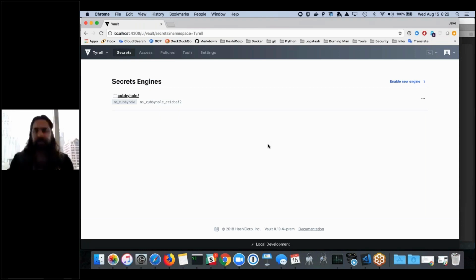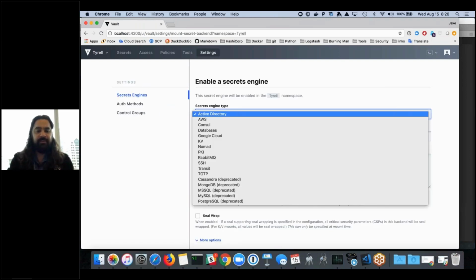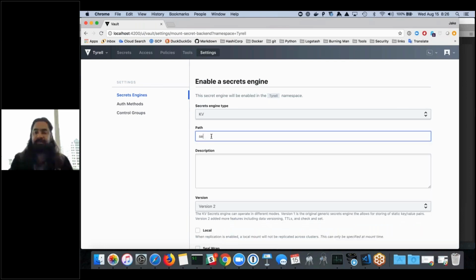Okay, so I'm going to enable this inside of here. We're going to call this KV. We're going to give it secret names. We're going to give it a secret path. And I'm going to drop this down to version 1, just to have